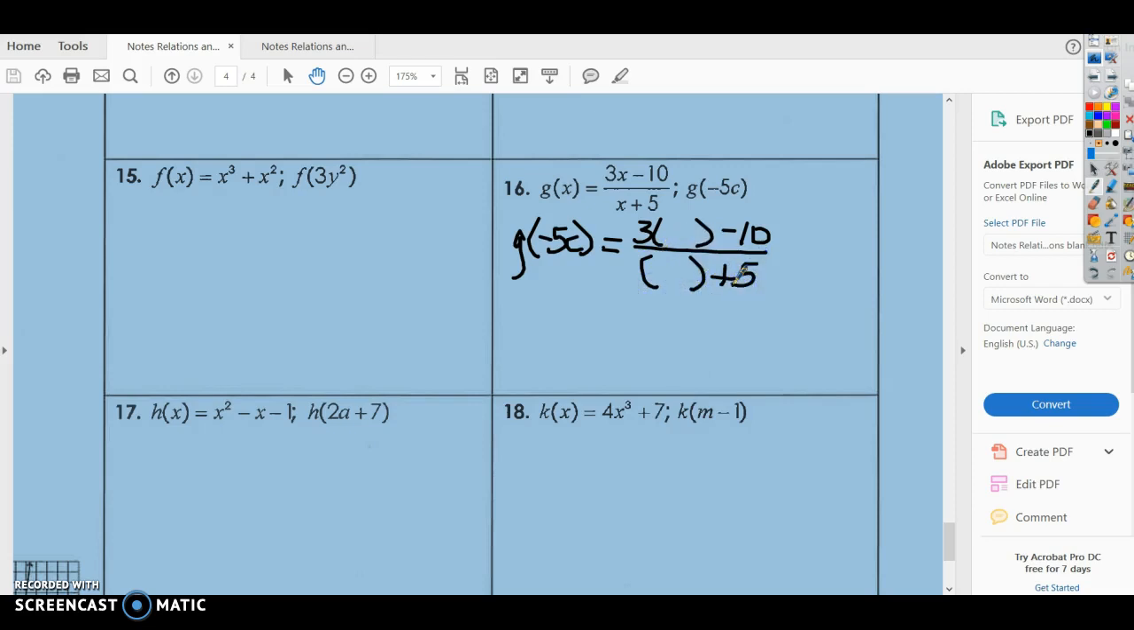So you can see I just added the parentheses first, and then I'm going to go back in and substitute negative 5c, negative 5c. Okay? All right, so if that's the name of the function, leave it alone. I've got negative 15c minus 10, all divided by negative 5c